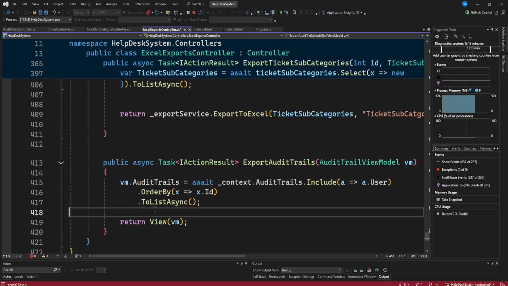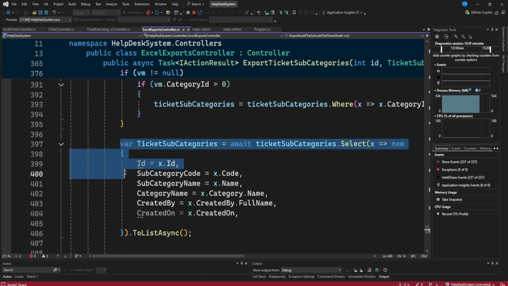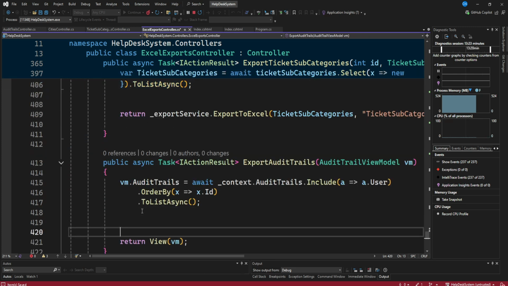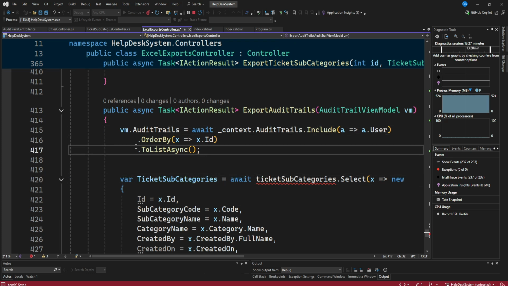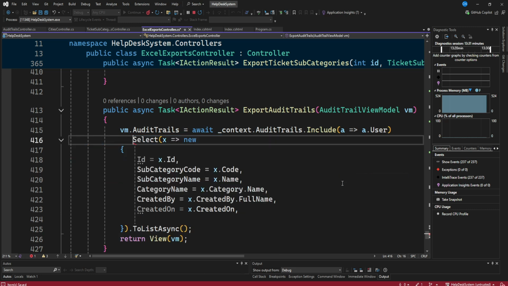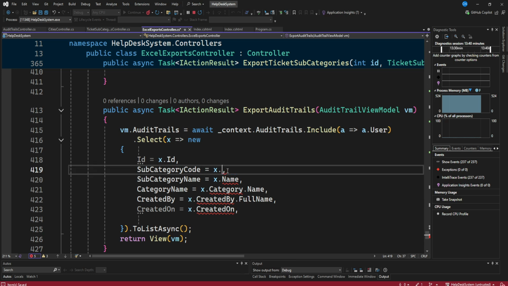So you can also do away with this. We can also export the entire table, but let's select what we are going to export. Instead of doing this, we can say include, then I can say select. So you can say dot select. Then I can say ID. Then here we can do dot